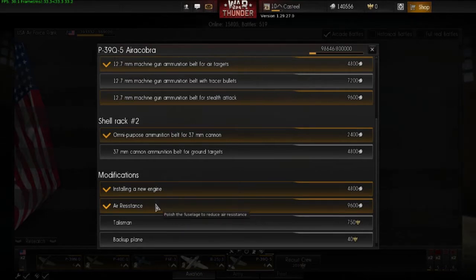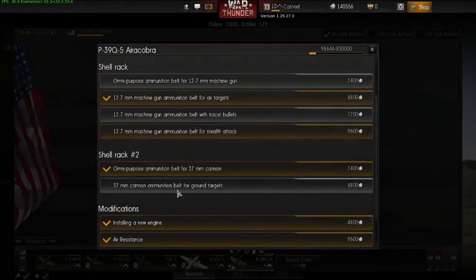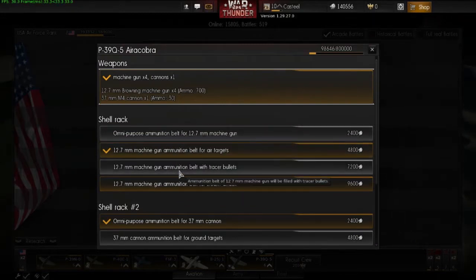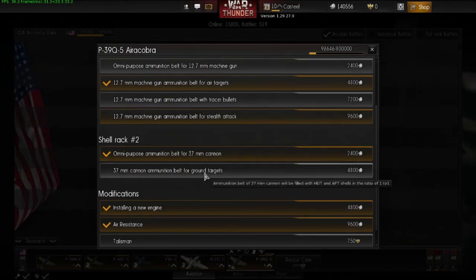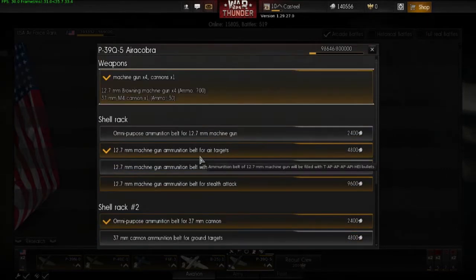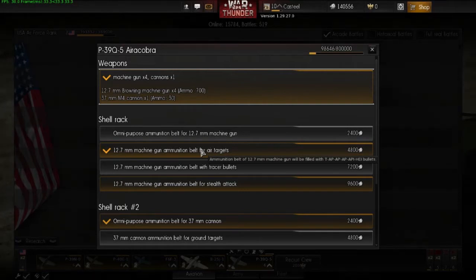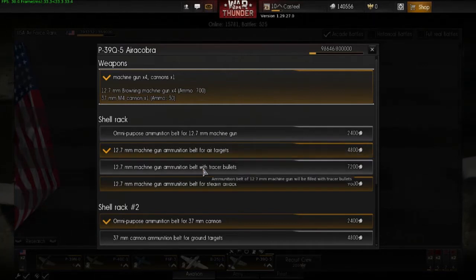So I have air resistance, and installed a new engine, and this is what allows you to get these new ammo belts that just came out, and each one of these has its own specific kind of role in the fight. So if you're more of a fighter and you want to take on air targets, there's an ammo belt just for that, which has tracer, armor piercing, incendiary, and high explosive incendiary. And I'm not sure if that means it'll fire those rounds in that order, because if you look at another one,